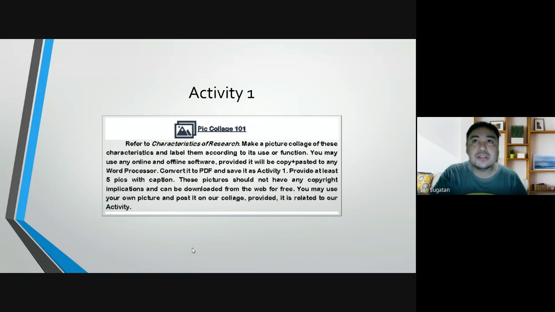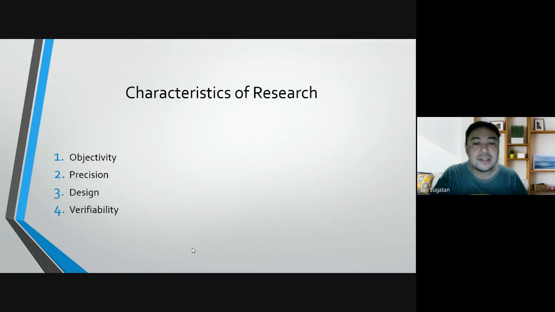Then for each characteristic, like for example objectivity, number one, you have to put 5 pictures, and each picture must have a label. That means since there are four characteristics, four times five, you will have 20 pictures. You can do this, guys: go to Google, click Images, and search for the characteristics of research, so you can see objectivity, precision, design, and verifiability. Then afterwards, just copy-paste. The only thing is, choose pictures with copyright implications in mind, so that you won't run into technical problems with copyright